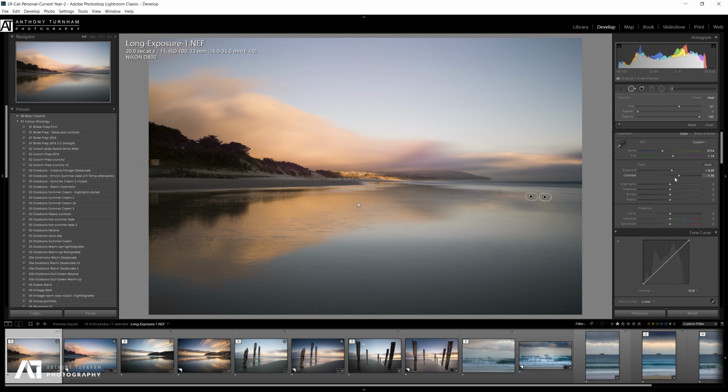Sometimes what I like to do with the sliders is actually get a little bit aggressive with them and slide them left and right and really get a feel for what's going on with the adjustment. So for example, if I grab the shadow slider here and bump that up, we start to see that it's really bringing out the detail in the sand dunes, particularly around the trees. So we might want to see a little more of that, but we don't want to push it too far, because as you can see, we've got a bit of a strange magenta color cast going on in these areas